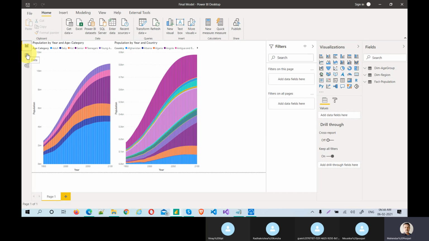So why unnecessarily waste that 10 GB by importing? Instead, you can connect so that the PBIX file size is in KBs or MBs, not more than that. Only the schema is imported, so the PBIX size will not increase that much. That is the efficiency of the direct connect mode.